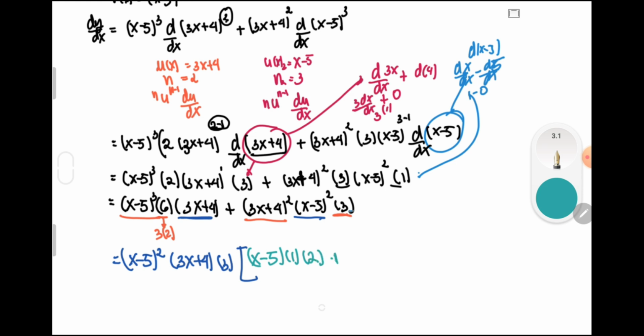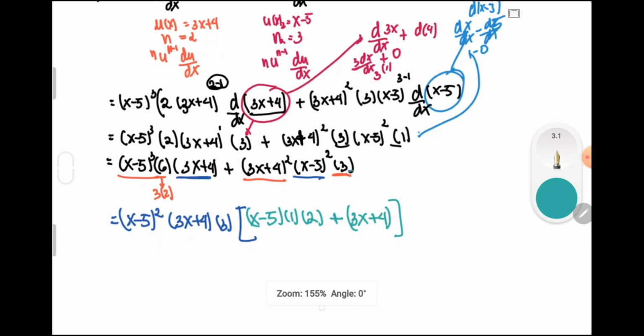So plus our (3x + 4)^2 multiplied by (x − 5)^2 multiplied by 3 divided by (x − 5)^2 multiplied by (3x + 4) multiplied by 3, which is (3x + 4). Okay. So therefore, we will have a value equal to